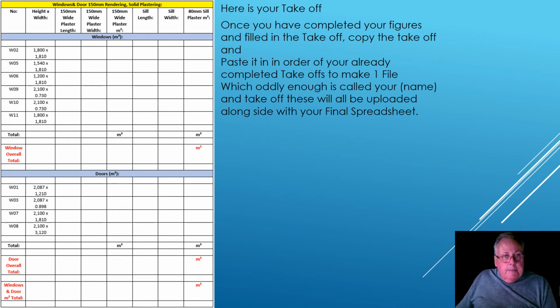Final slide. Here's the takeoff sheet, and it's been done really well. These are the window sizes here. I don't see any point in changing those. Now what you can look at is 150 mm wide plaster, what the length is, and place that in each box. You've got the plaster length, the plaster width, and then the total square meter of that, seal length, seal width, and our 80 mm plaster reveal that returns back into the